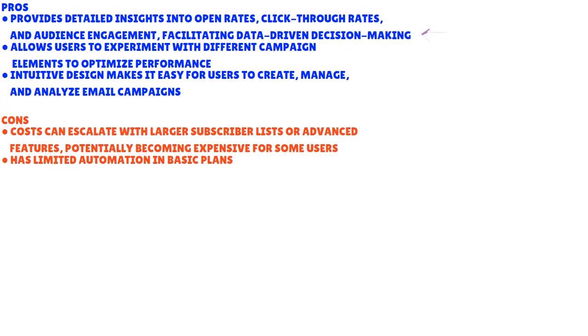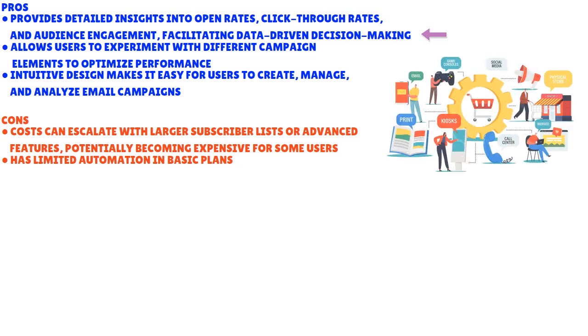Mailchimp, on the plus side, provides detailed insights into open rates, click-through rates, and audience engagement. So this really facilitates data-driven decision making. Really important, especially if you are considering an omni-channel strategy. Also, Mailchimp allows users to experiment with different campaign elements to optimize performance. So that's kind of cool. Also, from a multi-channel or omni-channel strategy point of view. And also, you have an intuitive design that makes it very easy for users to create, manage, and analyze email campaigns